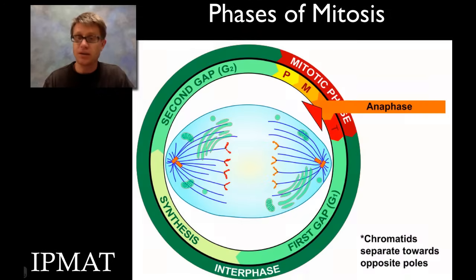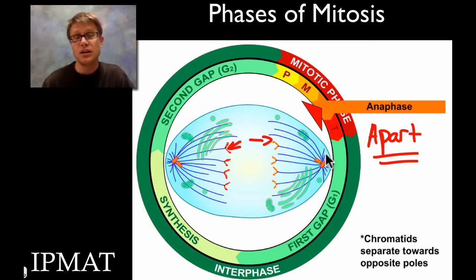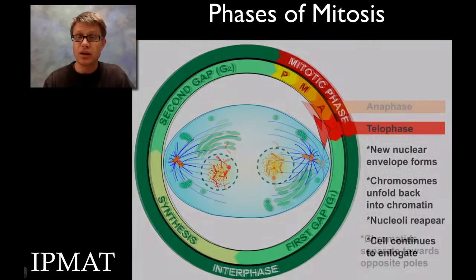Now we have anaphase, and so what happens in anaphase? Well, you can see that they've pulled apart, and they're moving in either direction. I remember that the A in anaphase stands for moving apart. They're separating to either pole, because remember what we have to do is make sure that each of these cells has the exact same genetic material. If we go to the next phase, that's